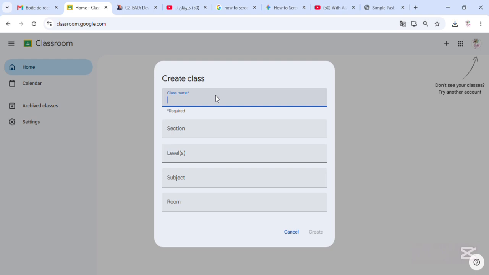Okay, I will name it third one, English. Third grade.